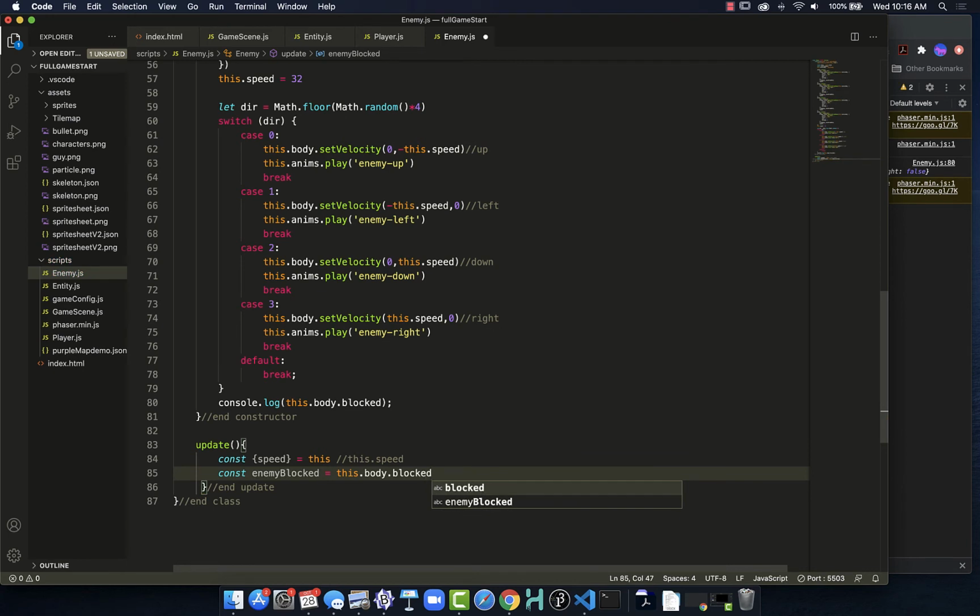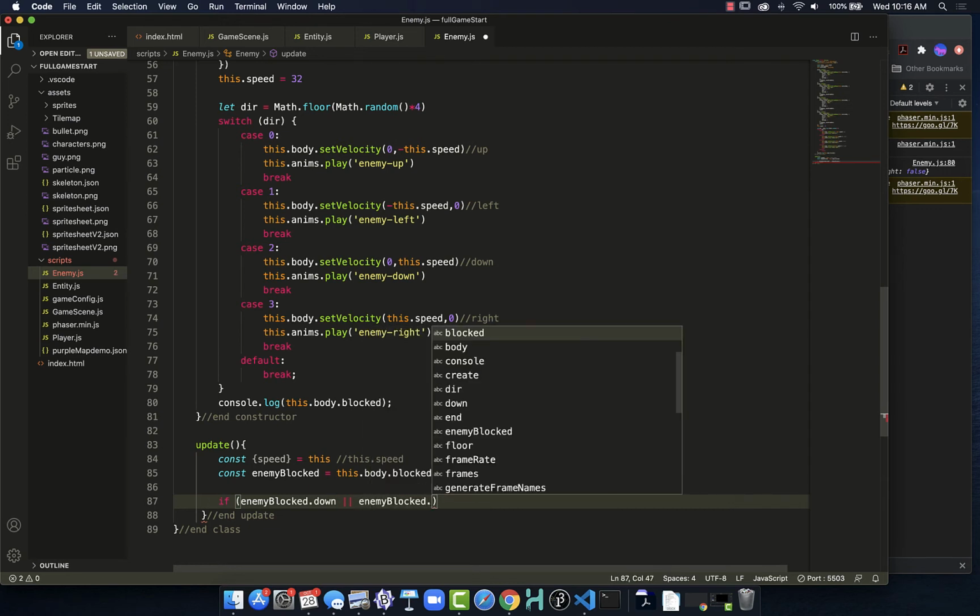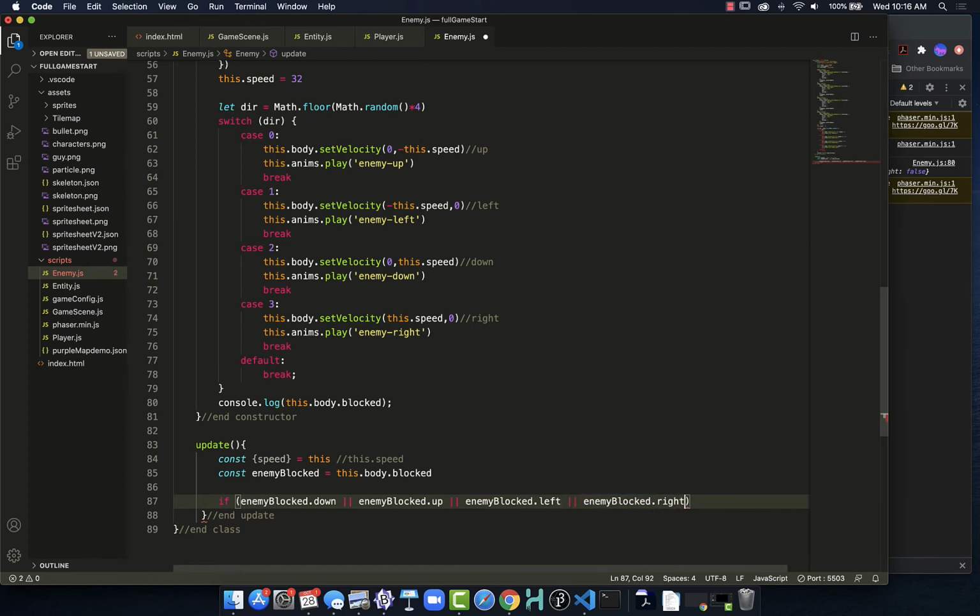So I don't have to keep writing this.body.blocked. I can just say enemy blocked. Now that I have set this up, I will start out with an if statement, and I want to find out if enemy blocked dot down or enemy blocked dot up or enemy blocked dot left, or enemy blocked dot right. So if any one of those occasions is true,